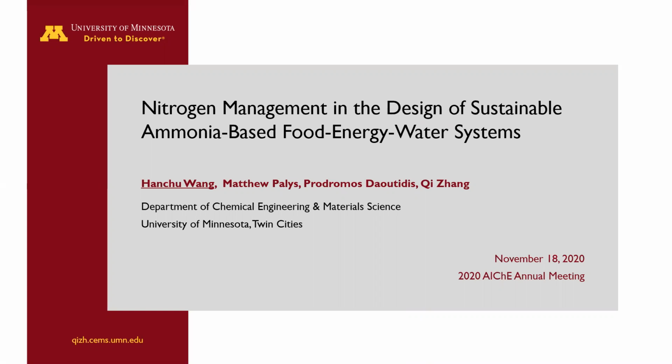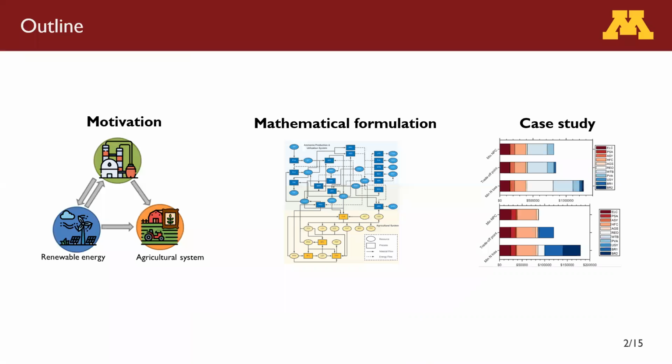I'm Hanchu Wang, a student from the Department of Chemical Engineering and Material Science at the University of Minnesota. Today, I will talk about our research in nitrogen management in the design of sustainable ammonia-based food-energy-water systems. This talk is organized in three parts: motivation of the research, the steps leading to the mathematical formulation, and then